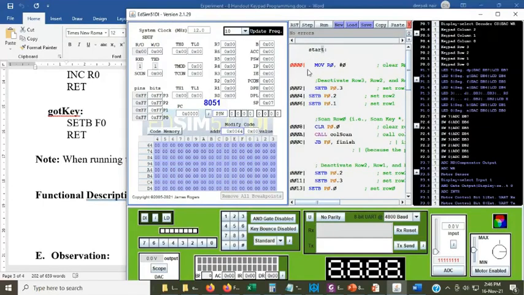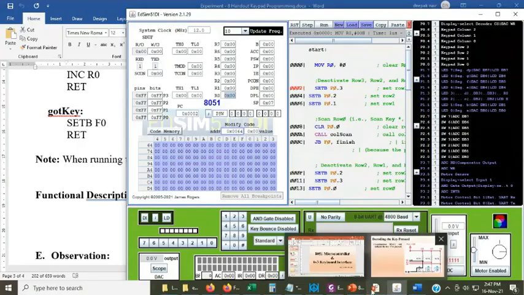So this is our program. We have started from R0 equal to 0. So just follow step by step. So R0 is 0. Yes, 0 is loaded to R0. First thing done. Then what you are doing, set 0.3, 0.2, 0.1. That means providing 5 volts to the rest of the pins. Which of the pins are you providing?